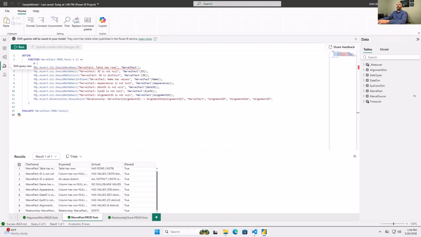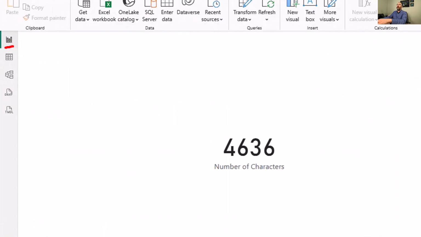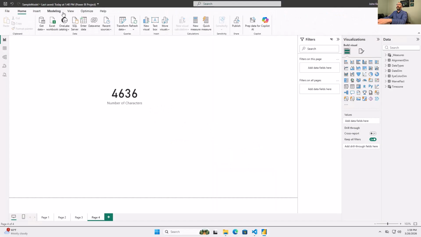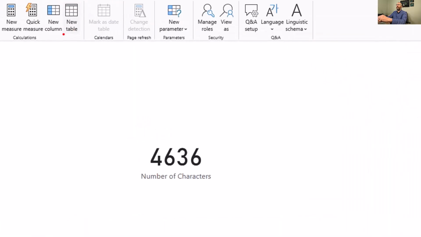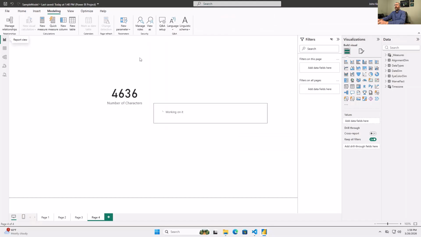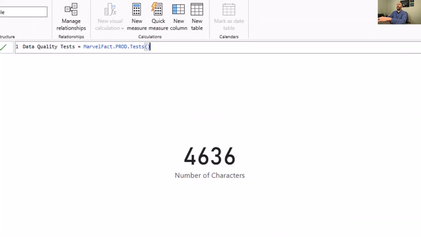Well, if I go to the report view, so I just clicked on this, and I go to our modeling tab, and I click on new table, and we've got our data quality tests. I can actually reference one of the UDFs that we created for our tests. So let's do Marvel Fact Prod Test. All right, so these are the production tests I want to show the end user. So if I hit enter,